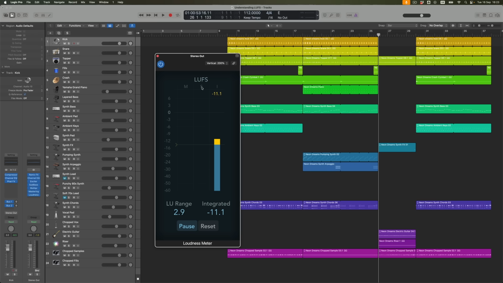What we then have is a short-term measurement. Now, different loudness meters measure short-term in a slightly different way. So that might be anything from half a second up to 2 seconds. Rather than the actual peak of the wave, which is what we're getting from the momentary measurement, this is a slightly more, you know what, I'm not going to measure every single peak, every transient. I'm interested in taking a kind of average volume, but still over a relatively short period of time.